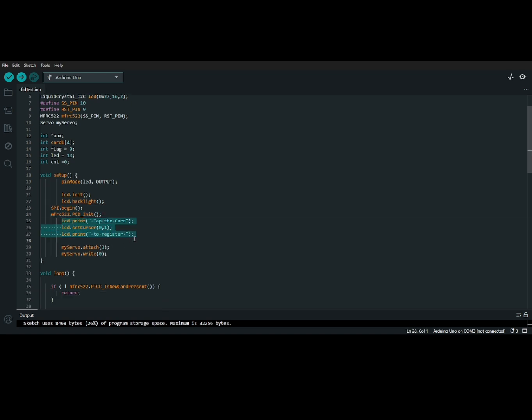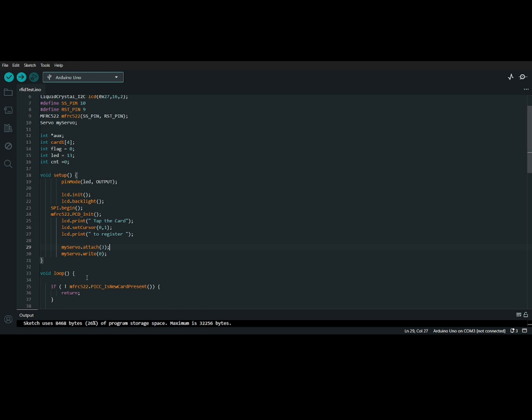This is to print the card into the LCD, and it is set to 0,1, and then another lcd print. It will print the 'to register' into the LCD. Then we have myservo attach and write. In attach we have 3, and in write we have 0, which means this is to lock the position.